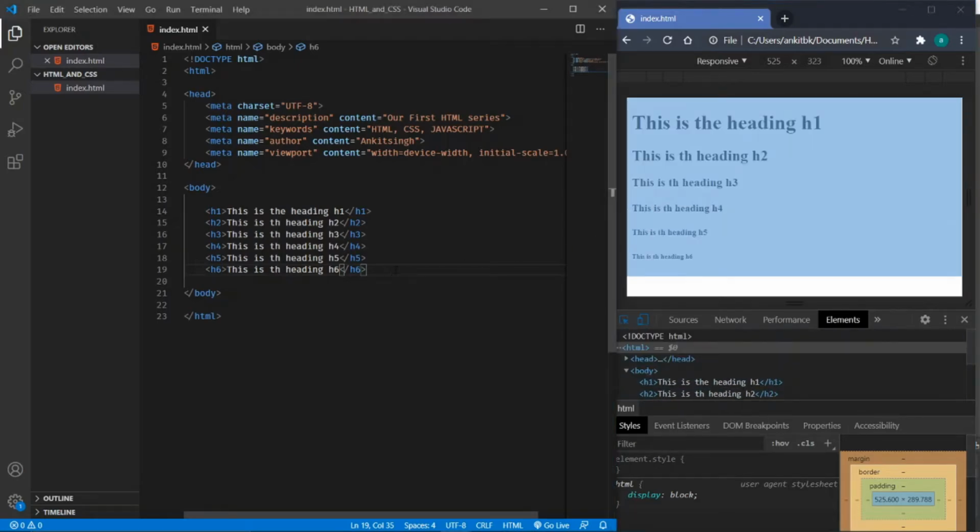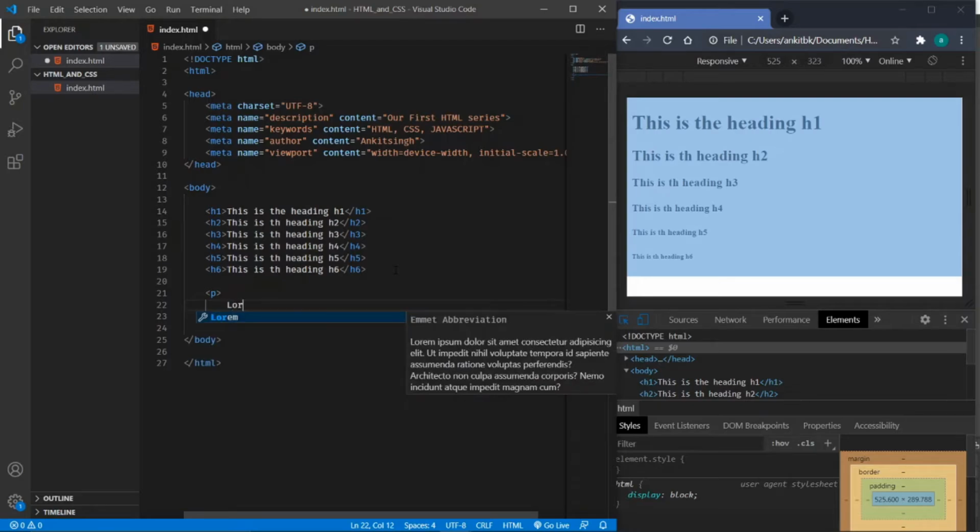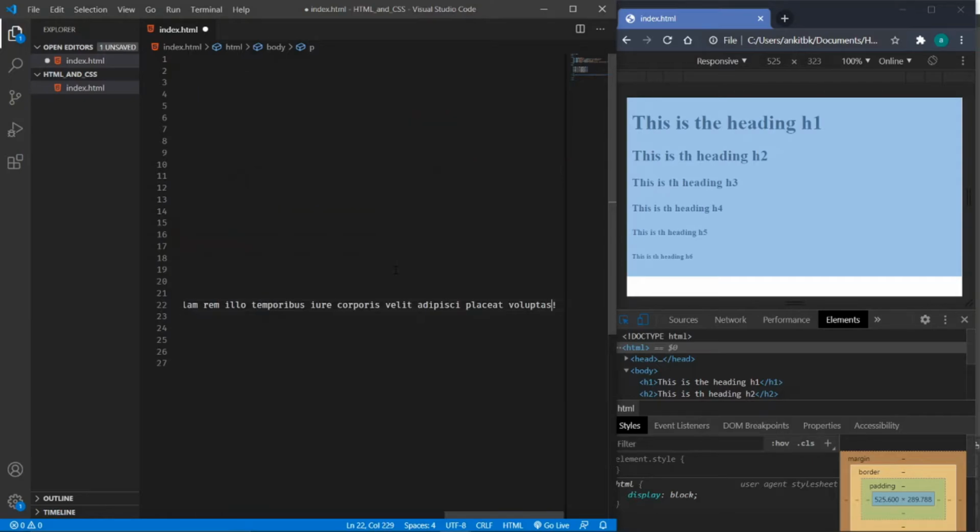So let's move towards the paragraph tag, which we usually use for the page. This is the paragraph tag which has been used. I will be using the lorem ipsum shortcut for this.